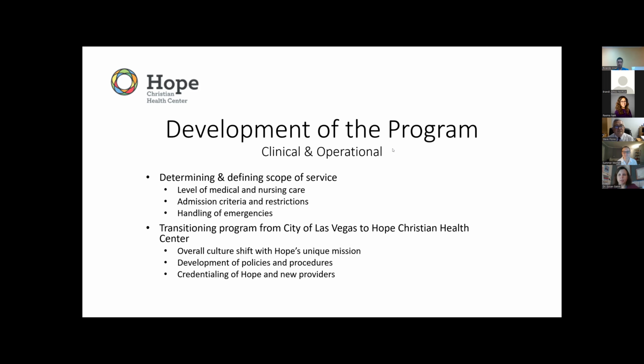Good morning. So development of this program was totally brand new to us. None of us had ever heard of respite care or what that is. So the first thing we needed to do is determine and define what the scope of service and practice was. And this is where it was hard for us to get our minds around it, because respite care is kind of in this gray area between outpatient and say a skilled nursing facility or rehab. So it's not intended for intense rehabilitation or care, for example, care that needs a current round the clock IV therapy or enteral feeding or things like that.